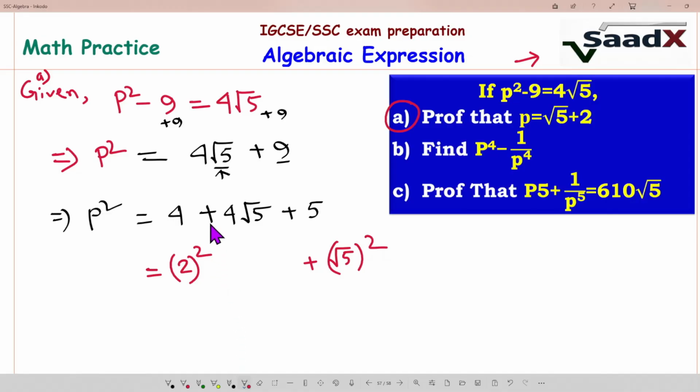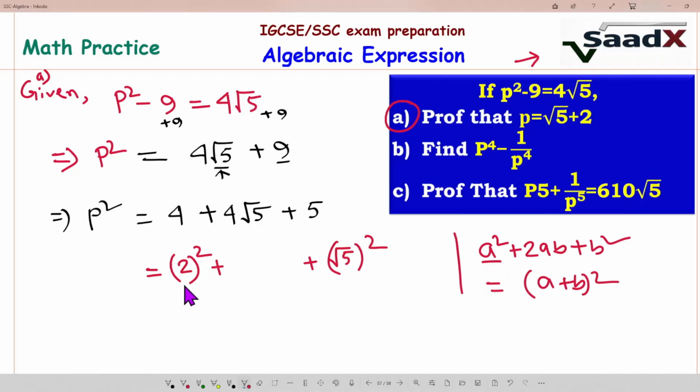Okay. Now here is plus. So if we follow a² plus 2ab plus b², it means this is a plus b whole square. So a² is 2², b² is √5², then a will be 2 and b will be √5. Now look, this one is 2 times 2 is 4 and here is √5. Therefore we can write this one as a plus b whole square. It means 2 plus √5 whole square,